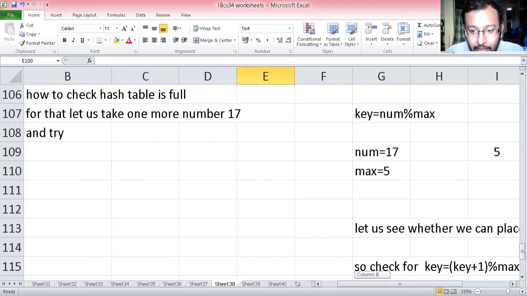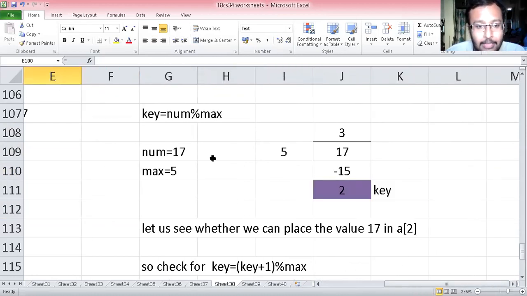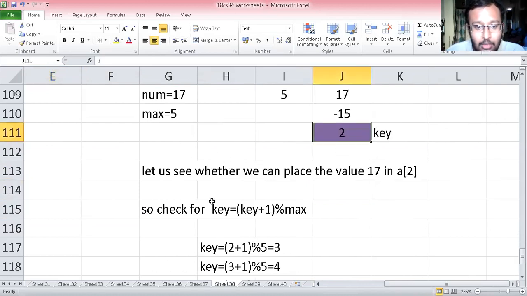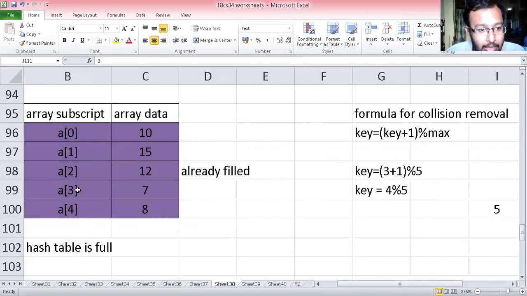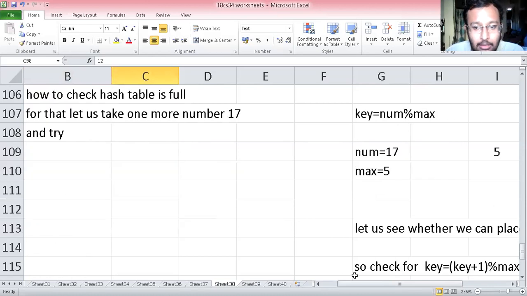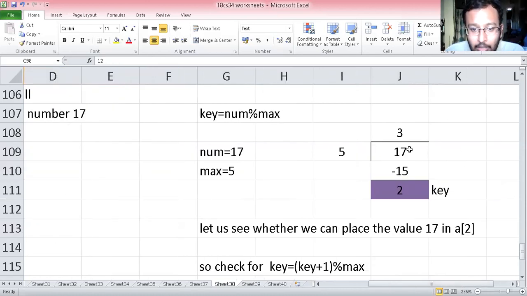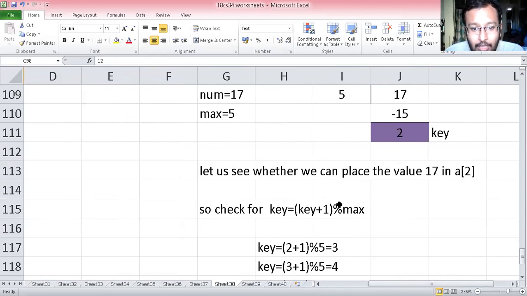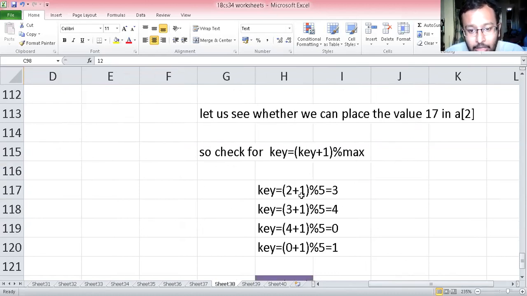If you take the number 17, 5 threes are 15, and the remainder is 2. Let us see whether we can place the value 17 in A[2]. But the answer is no, because A[2] already has the value 12. So we couldn't place 17 in A[2]. Go on checking the next position.